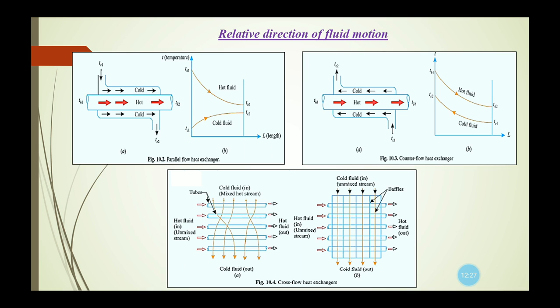Now as the two fluids, that is hot and cold fluids, are separated by a wall in case of this parallel flow or unidirectional flow heat exchanger, such a parallel flow heat exchanger can be called a parallel flow recuperator or surface heat exchanger. As in case of recuperator also, we have seen that the transmission of heat flows through a wall which separates the two fluids. So this is one kind of indirect contact heat exchanger.